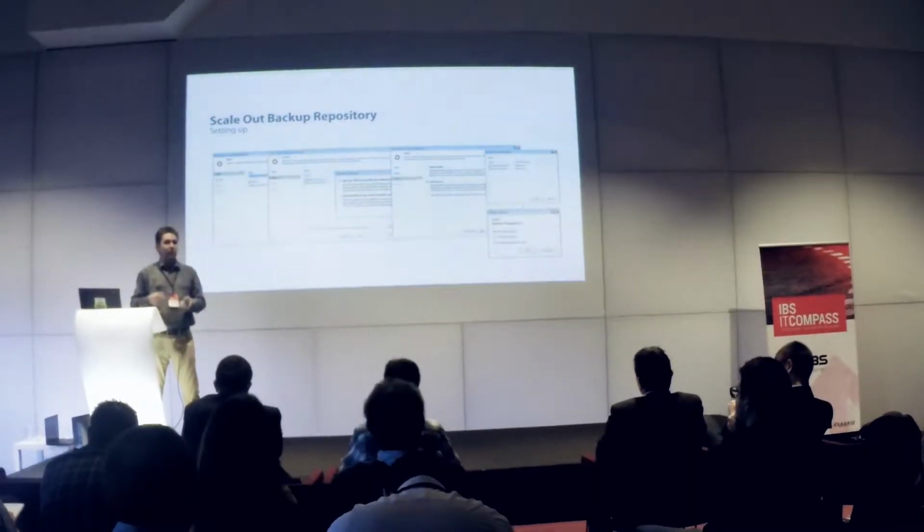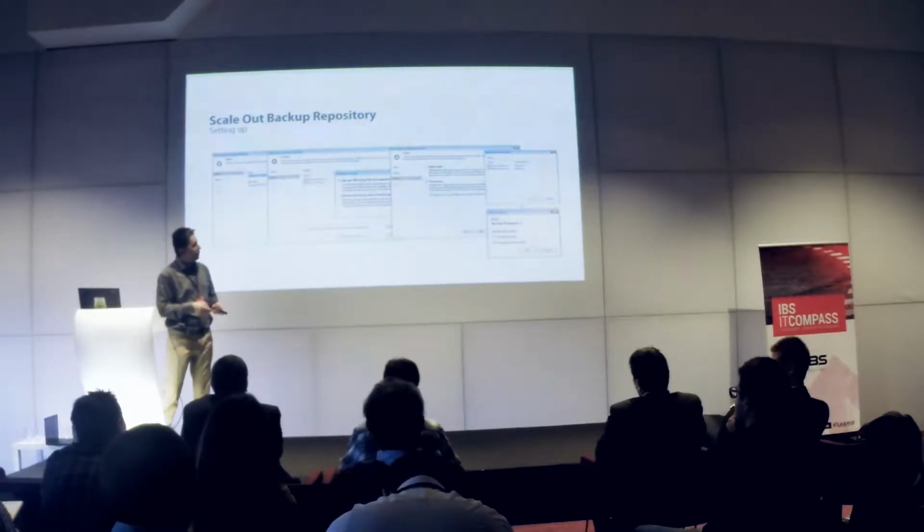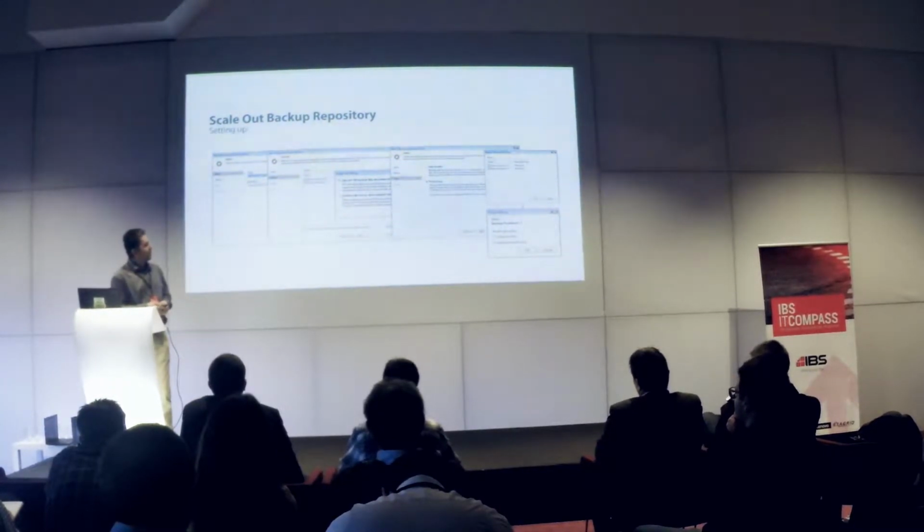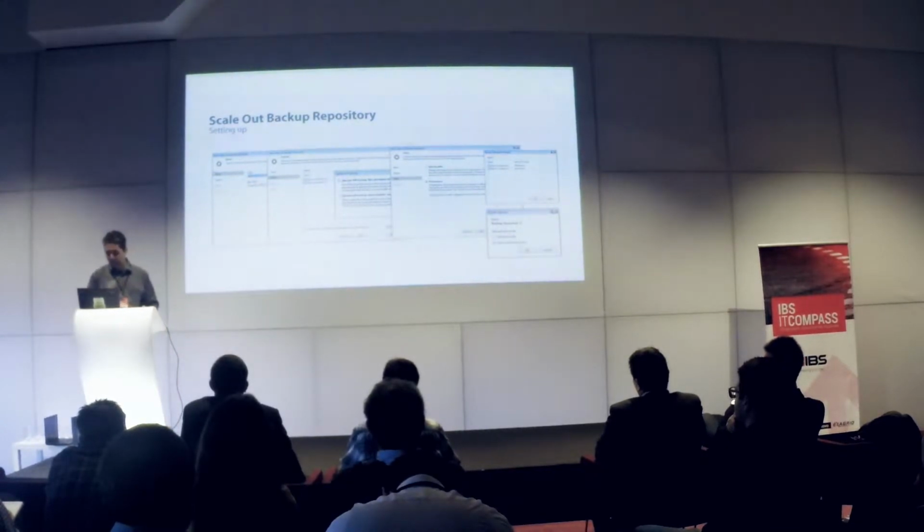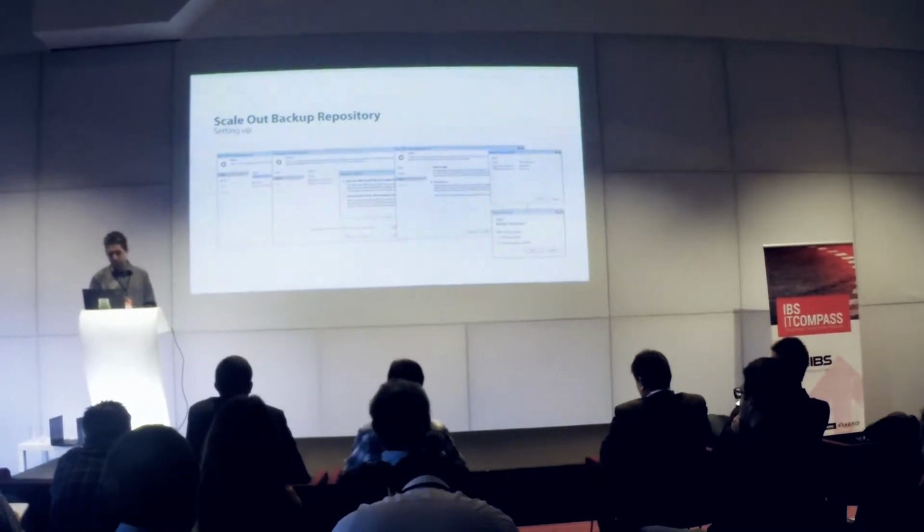And all the incrementals usually are small in size, and if you want to restore to the latest backup, you probably need a full backup chain, like the full backup and all the incrementals up to the point that you want to recover. So that will generate in the backend read operations from the full backup extent and also read operations from the incremental extent, so we can benefit from multiple repositories in that way. It can be a little faster when we are doing the recovery or when we try to read the data from the repository.